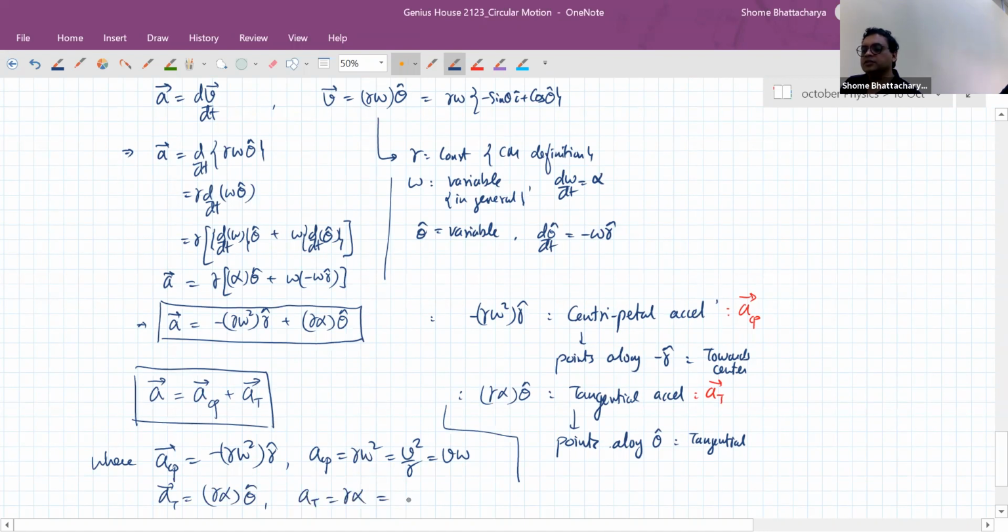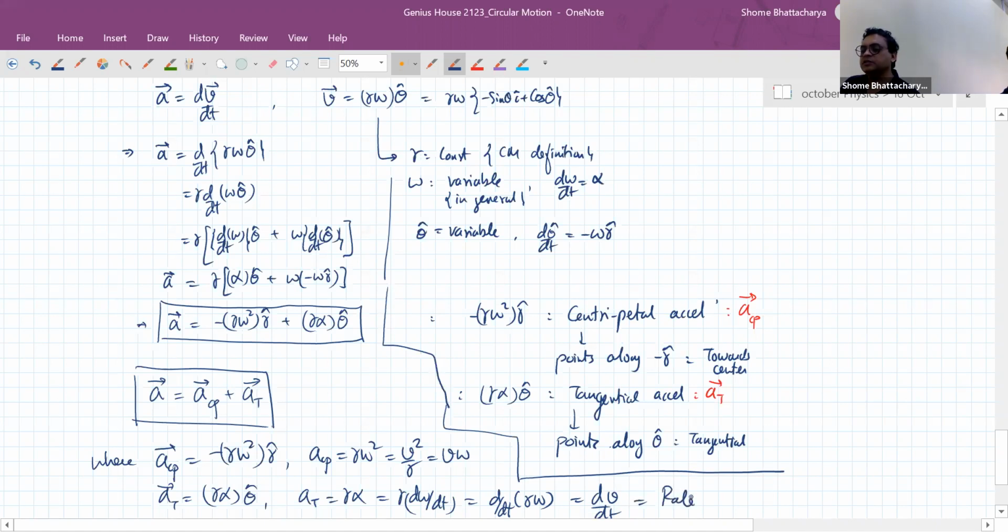The magnitude of the tangential acceleration is r alpha. We will see that it can also be expressed as r d omega by dt, and r being a constant, it is the rate of change of r omega. So it is nothing but the rate of change of speed. That is another significant part about the role played by tangential acceleration. Later we will see that if the circular motion is happening at a constant speed, then there is no tangential acceleration, and that is called the uniform circular motion. Whereas if the speed is changing while the body is moving along the circle, then it must have a tangential acceleration also.